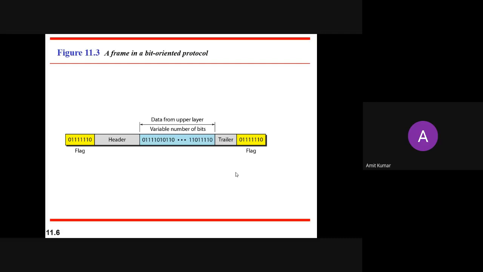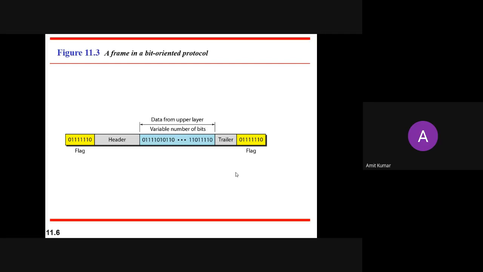So here also we are going to have stuffing, but here we are going to do stuffing of one bit insertion only. Instead of byte stuffing, we are having bit stuffing here. In this stuffing, what we are doing is, if you are having 5 consecutive ones, then we are inserting a zero over there.